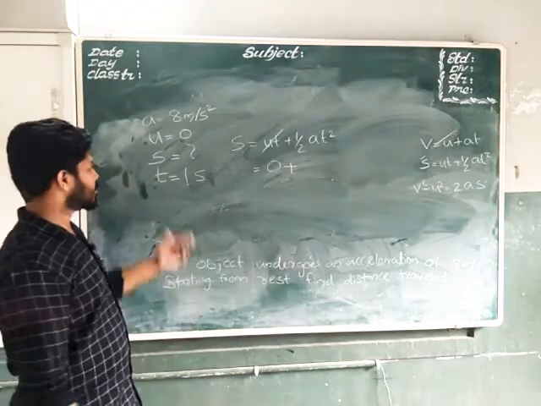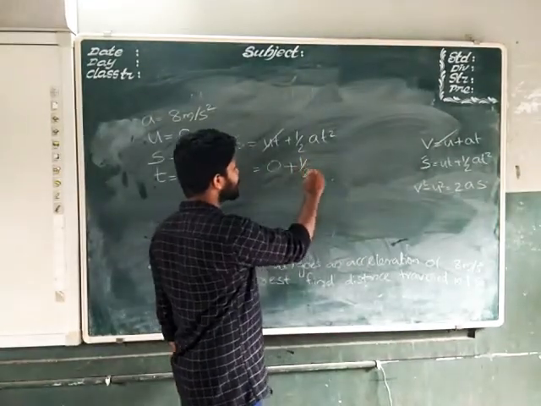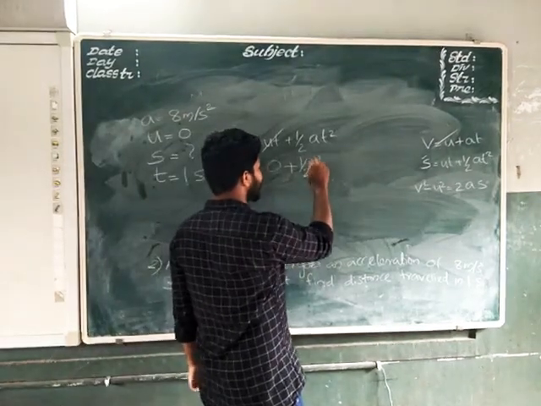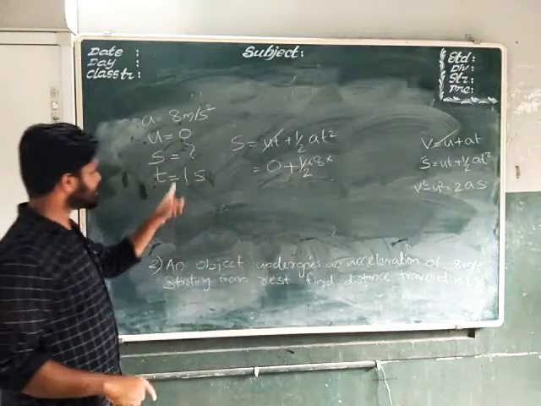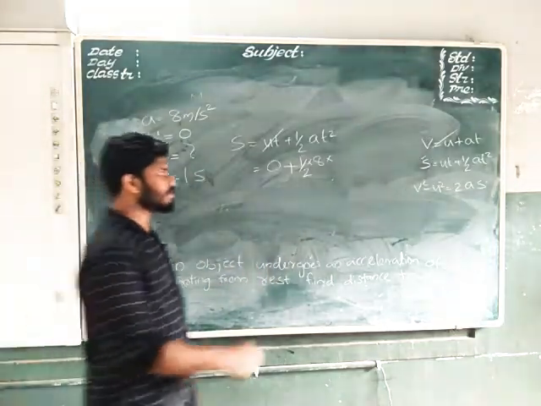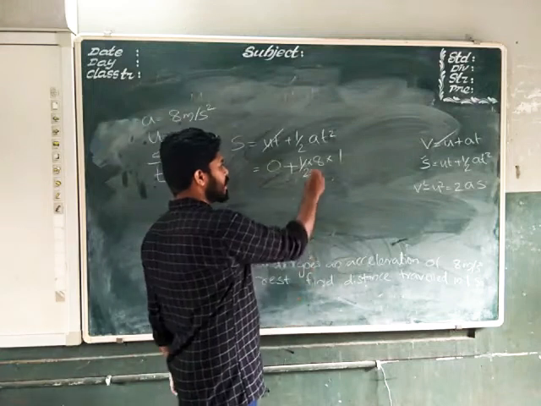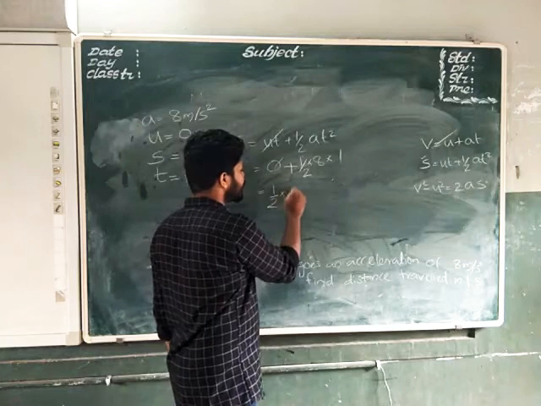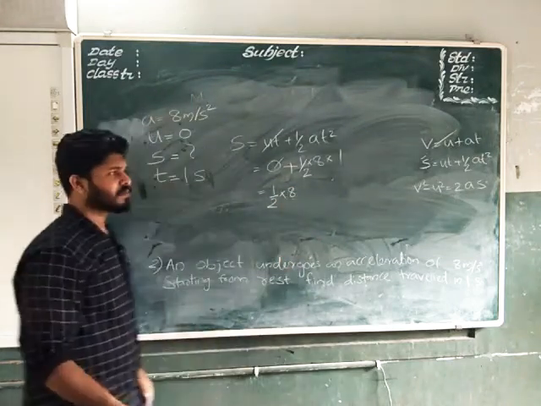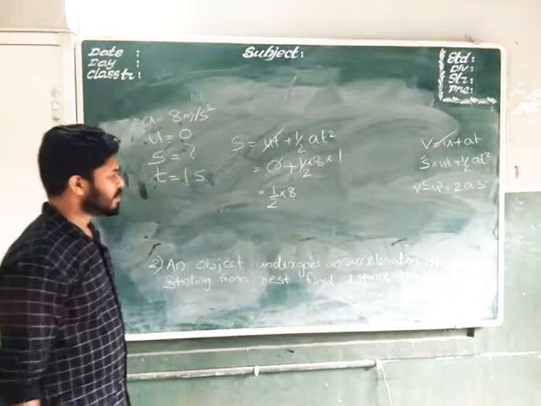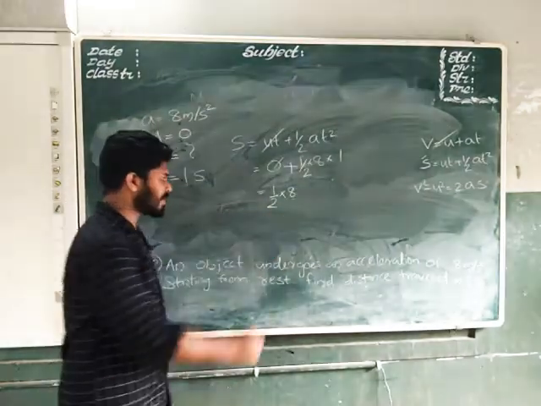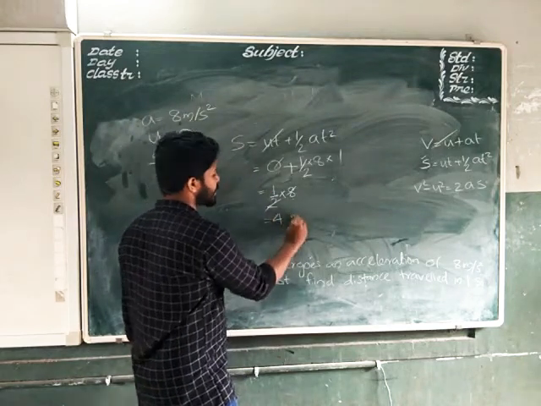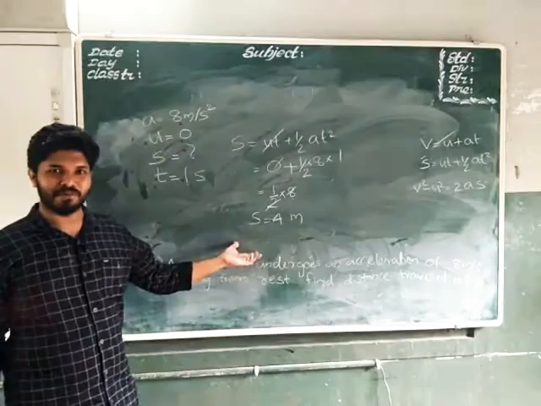Okay, it's very easy now. Half at square, half into a, which is 8 meter per second square, half into 8 into t square. What is t? T is equal to 1, t square is again 1. 1 into 1 is 1. So this gets cancelled, the balance is half into 8. Into 1 we can cancel, because any number into 1 is the same. 1 by 2 into 8 we can cancel. 4, what is the unit? Meter. S is equal to 4 meter.